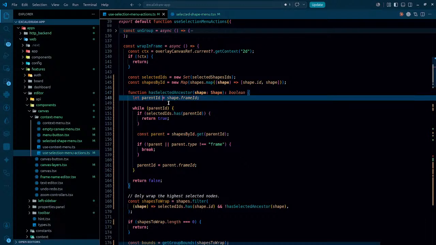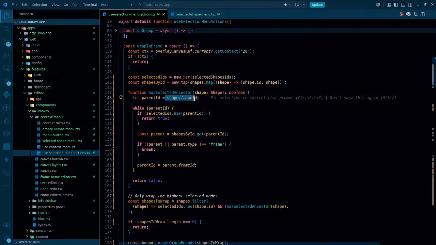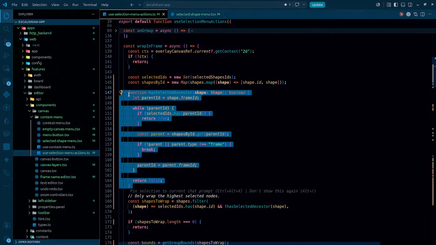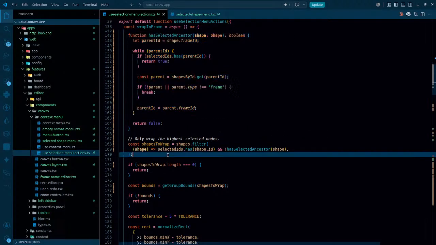So parent ID is the shape that I actually passed in here. Suppose I clicked on a shape. Okay, fine, we got the shape, the shapes dot frame ID. I'll have to ask the AI to explain this part, like I need a proper example for it. Anyway, then